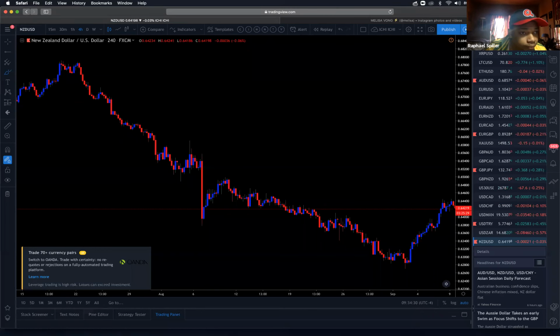Does that make sense? When you make your resistance lines, how do you know when some of your TPs are going to break? I don't. You'll never know when your TP is going to break. What I do is, as long as it's hit, or if it's around 5 to 10 pips of my TP, I get out. And if it breaks it and retests it, I'll get back in.